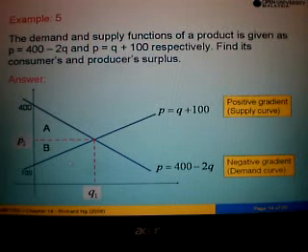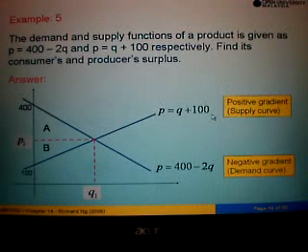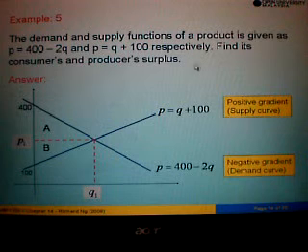Whereas the second line, we have P equals Q plus 100. We have a positive value of Q here. Therefore, the line will incline towards the right hand side. So from here, we have the market equilibrium point, which is denoted as P1 and Q1. But we are asked to find its consumers and producers surplus. Remember, as I mentioned just now, the consumer surplus is denoted by area A and the producer